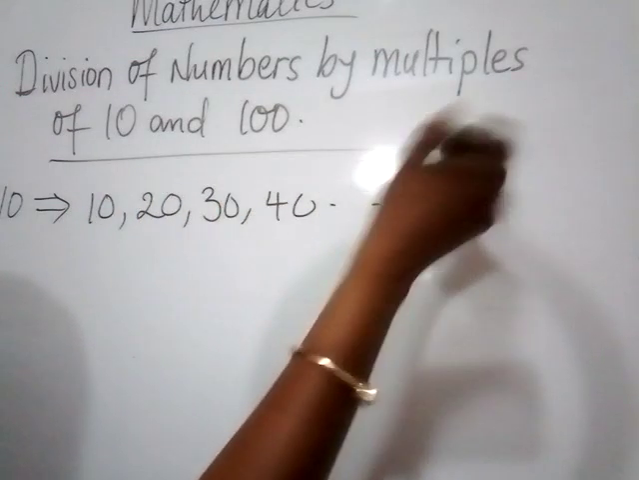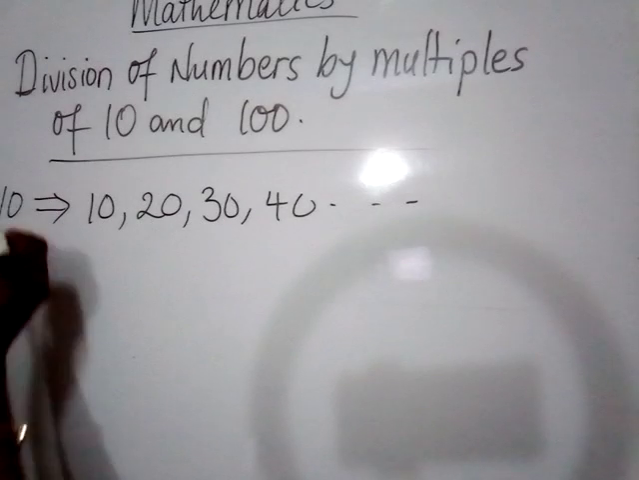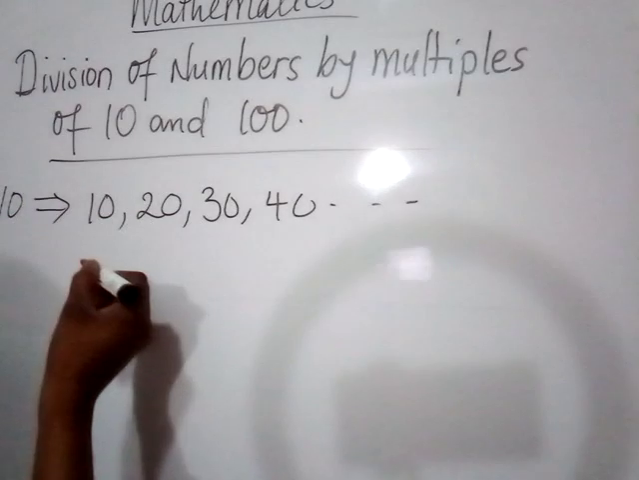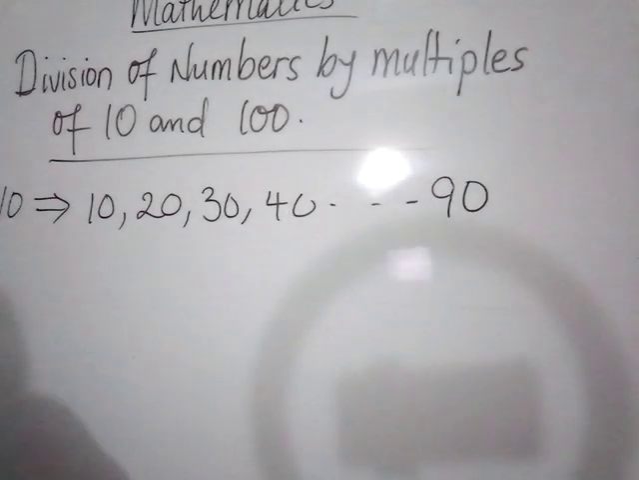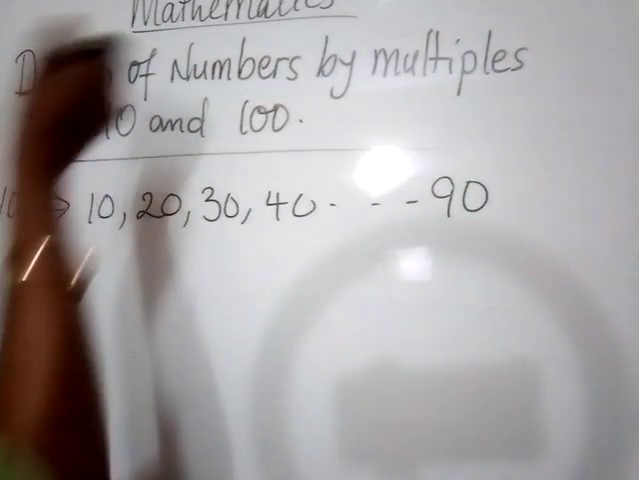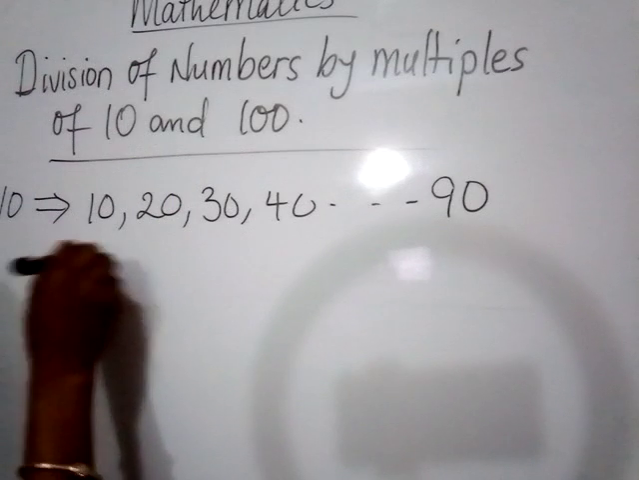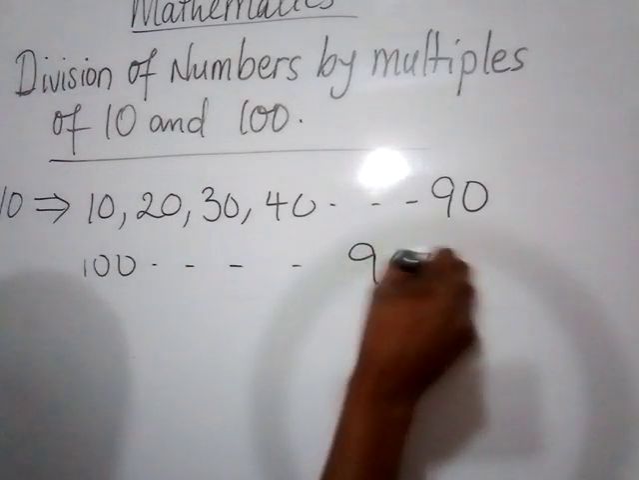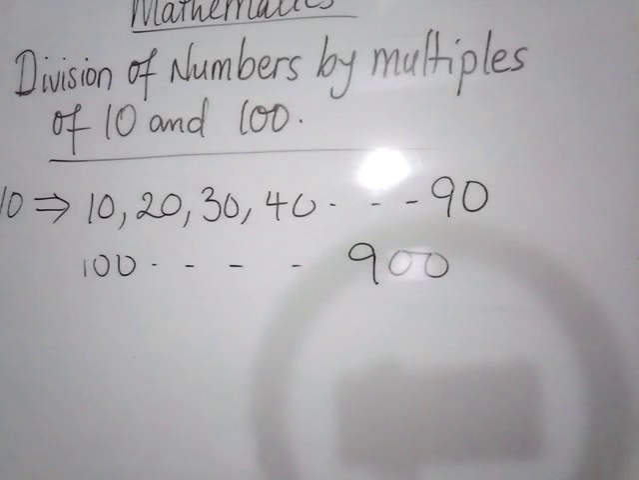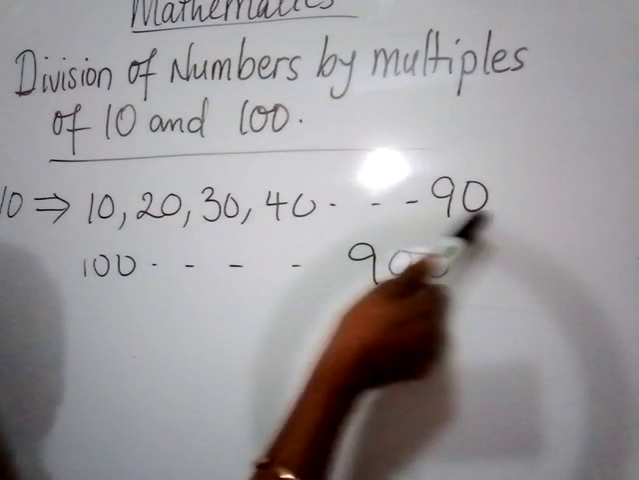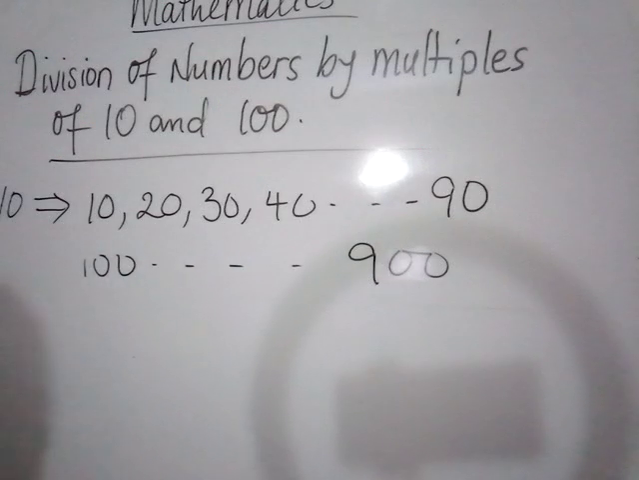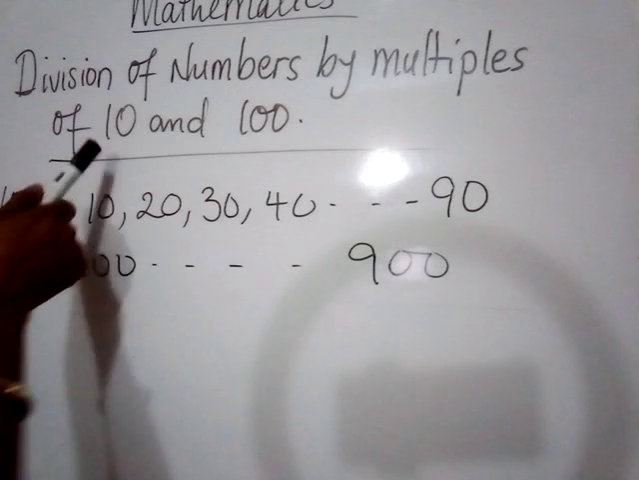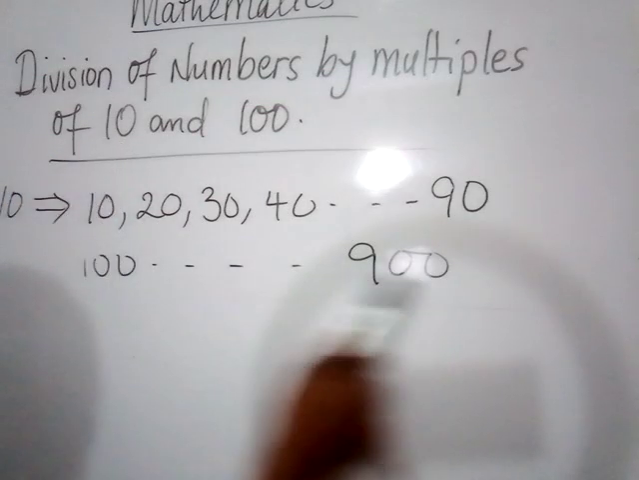40, and so on. But in this case, when we are looking at the multiples of 10 to divide other numbers, we'll be stopping at 90. And when we start looking at the multiples of 100 to divide other numbers, we'll consider from 100 to 900. Even all these are also multiples of 10, but we're trying to separate them, to distinguish between those we want to use for 10 and the ones we are trying to use